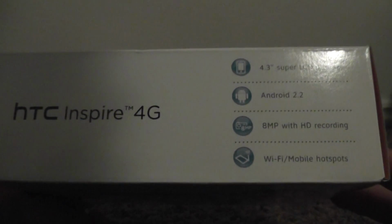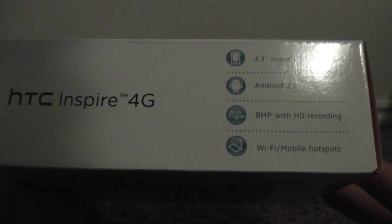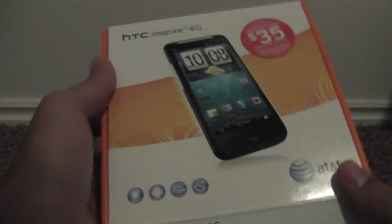At the top we have just a few more specs. 4.3-inch Super LCD display, Android 2.2, 8 megapixel with HD recording, Wi-Fi mobile hotspots. And on the back it's basically the same thing. So inside we have